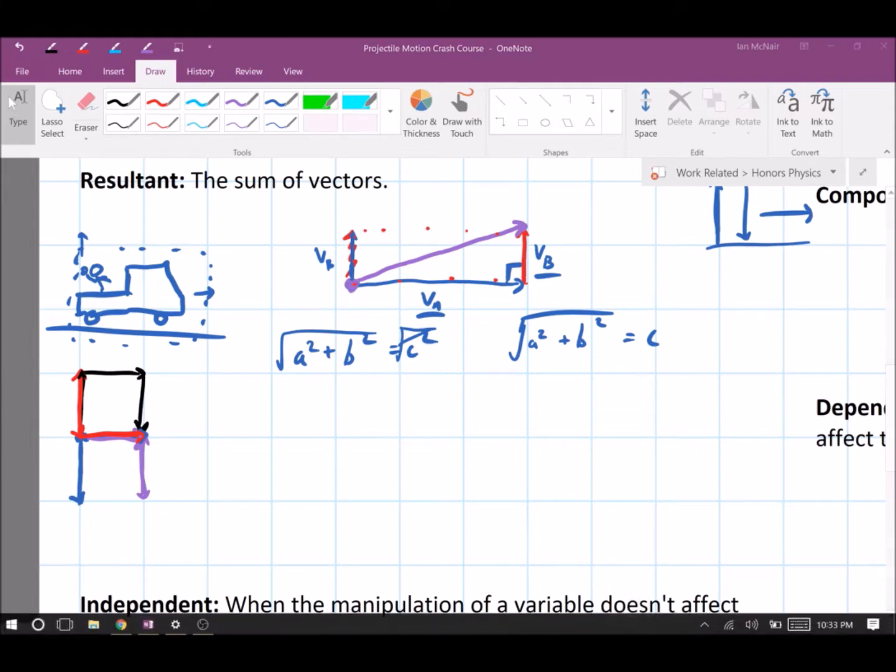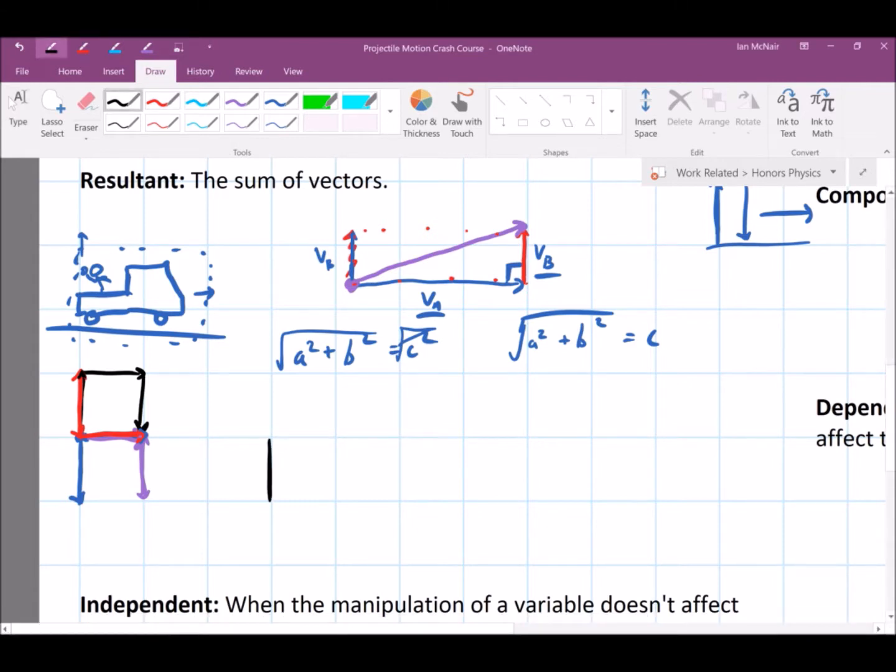So for example, let's say we have this vector. It goes up, we have one that goes across, and we have one that goes up again. Our resultant is going to be from our start point to our end point. And so if we drew that, now it's a little confusing because you're like, well, I don't have a triangle anymore. But the thing is, we do have a triangle, because